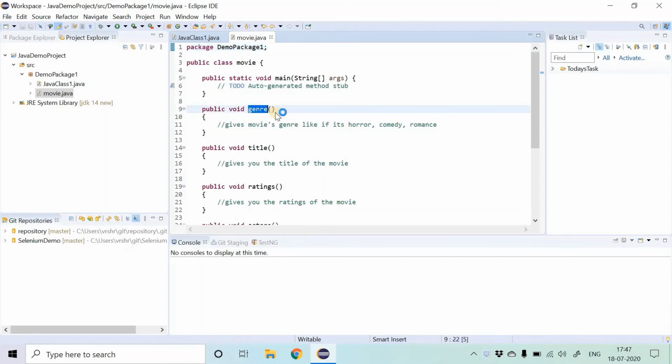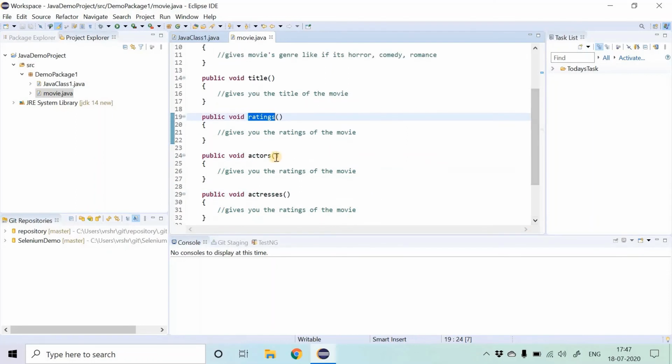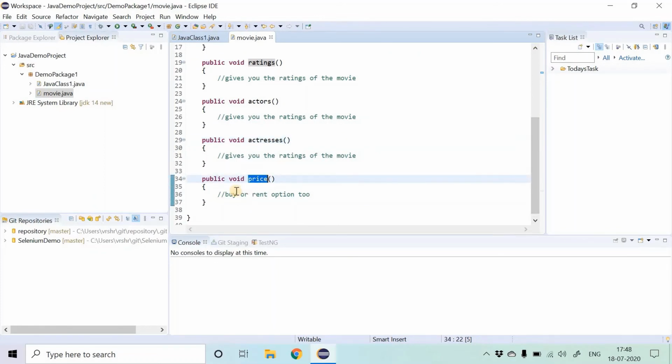This movie has a certain genre, like it's a horror or a comedy movie or romance that you can mention. And in this title, you can give the title of the movie. And then over here, you can mention the ratings. Over here, the actors and actresses acting in that movie. And lastly, the price of that particular movie, whether you want to buy or rent, with that option too.